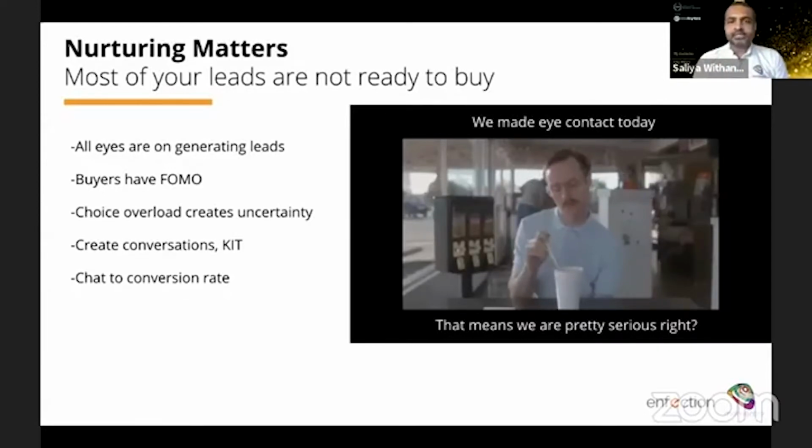And buyers nowadays have this massive fear of missing out because there's a lot of choices. There is a behavioral economics concept called choice overload, which actually applies to the whole of the internet as well. There's a lot of stuff to be looked at, and people don't want to miss out on things. Maybe B2B, even B2C, people want to get the best out of it. So how do you actually facilitate a conversation like that? Again, the conversation part comes in, and you need to keep in touch.